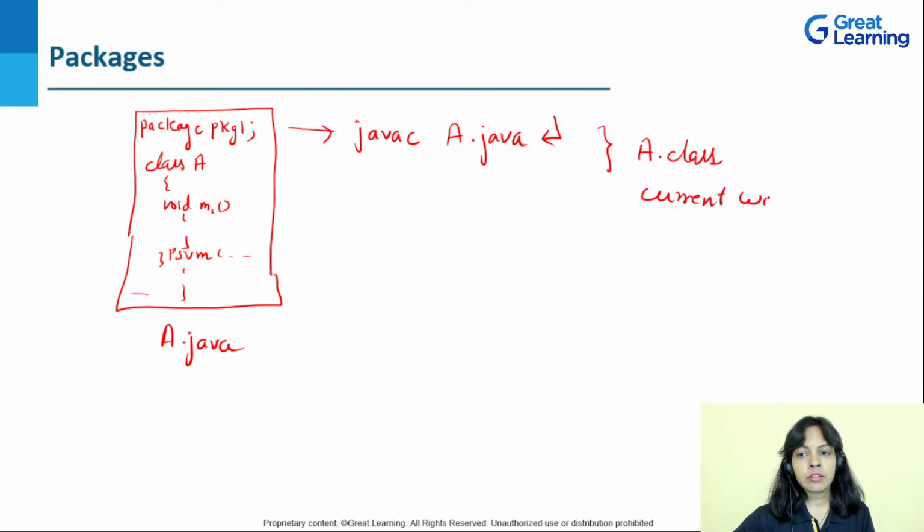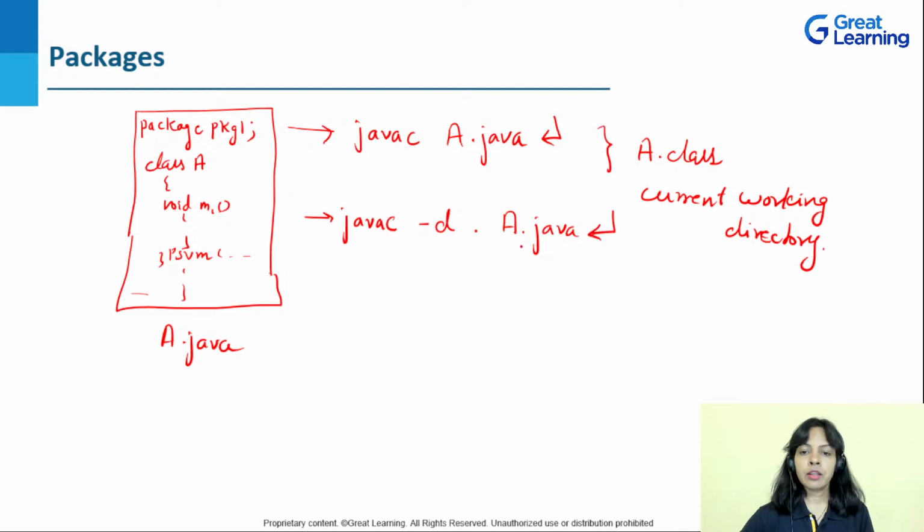In the current working directory. I'm sorry for my handwriting if at all it's messy, but I'll try to be neat. So, current working directory. Now how does the compiler or JVM know that this class file should be stored in the current working directory? Which is the current working directory? That information we are giving to the JVM. How? By using a command over here. For example, if I write javac -d . a.java and then press enter.